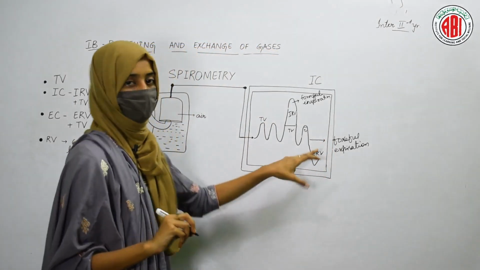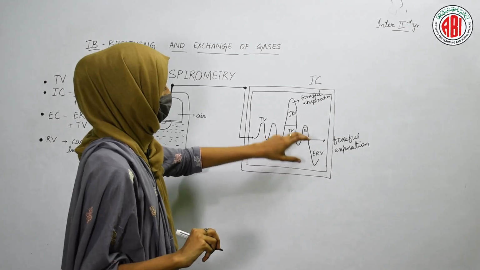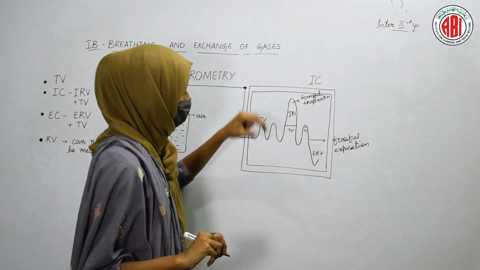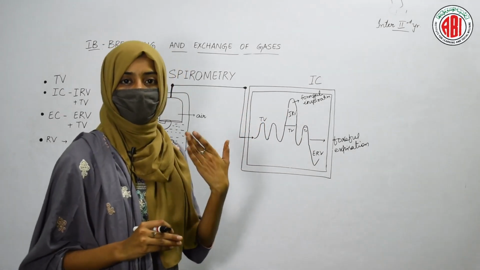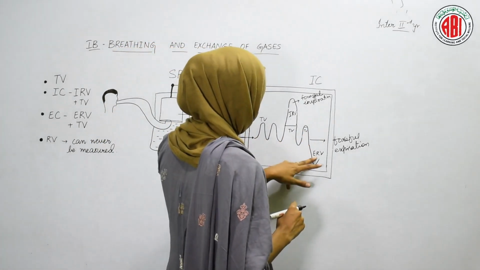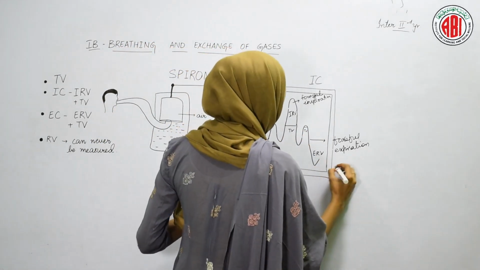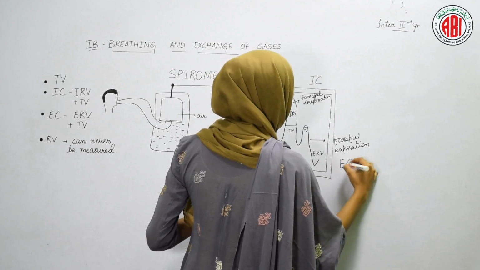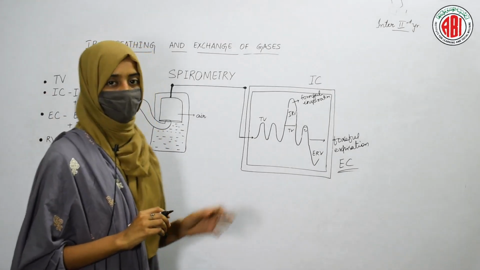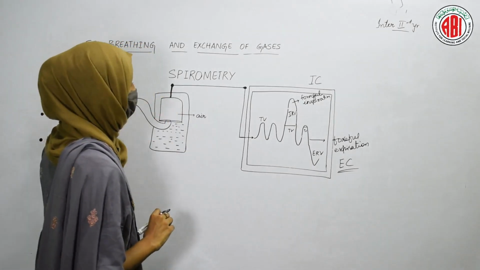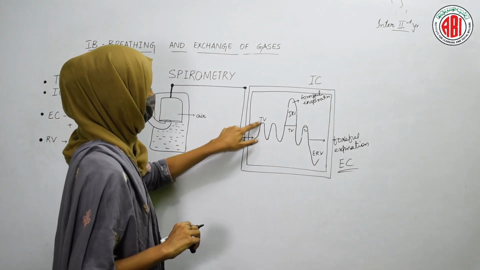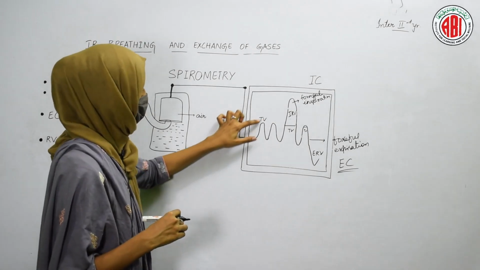Whatever air comes out after the forceful expiration can be termed ERV, expiratory reserve volume. When we add up tidal volume, the volume of air during expiration, and ERV, the additional amount of air that is given out, then we can measure the expiratory capacity of a person. In this way, the capacities can be measured by blowing air and taking air. Whenever a normal inspiration occurs, it shows this type of movement of the graph towards the upper side.